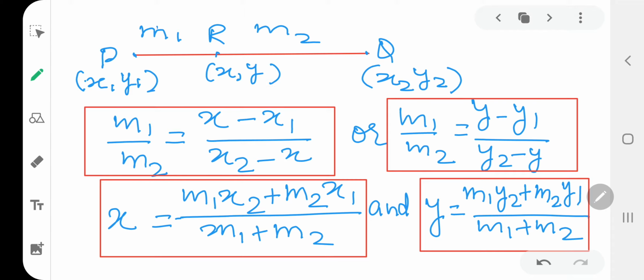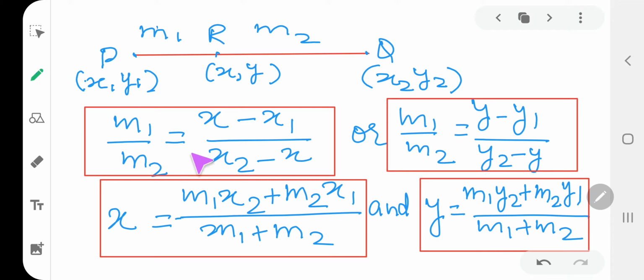You will multiply m1, the ratio is at this side, m1 is at this side, you will multiply it with x2 that side. So that means m1 के साथ x2 लगेगा, m2 के साथ x1 लगेगा और डिनोमिनेटर में m1 plus m2 आएगा. I am speaking in Hindi so that the things get settled in your mind. m1 के साथ x2, m2 के साथ x1 and denominator में m1 plus m2. And children, since you are finding x and y, there is no role of negative sign. Everywhere you are putting positive sign in the numerator as well as in denominator.